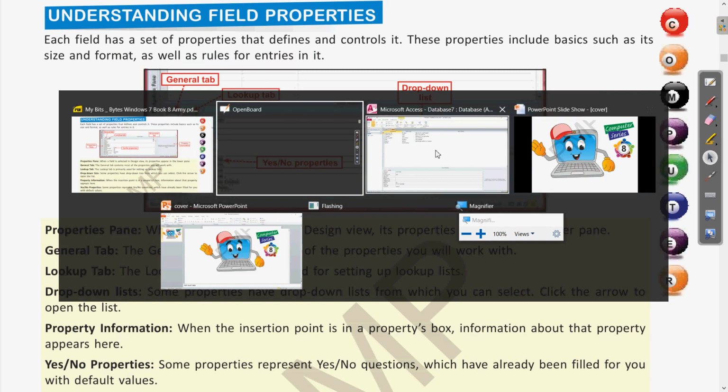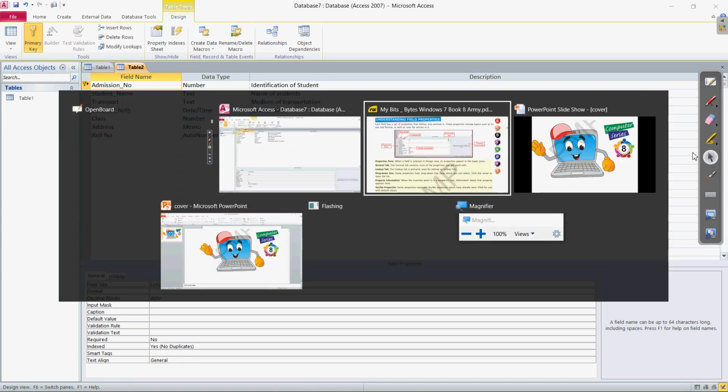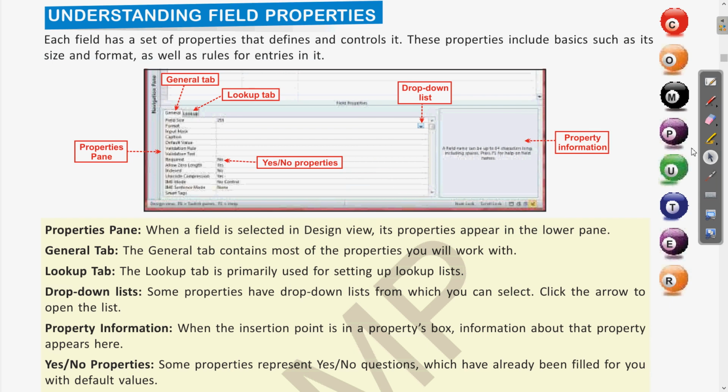Already I have shown you. This is the whole area at the bottom. This is the property pane. Pane means pane, P-A-N-E. It is not P-A-I-N. P-A-N-E, pane means the part of the window. Clear? So this lower part of the window which has the different properties is the property pane. Okay, come back to the textbook. With the help of the software window you can easily relate it, and it will help you understand.